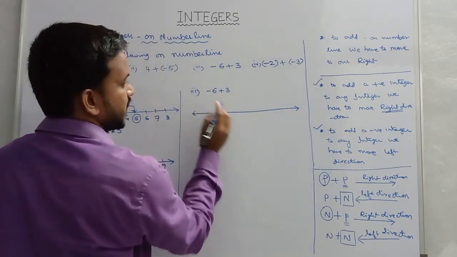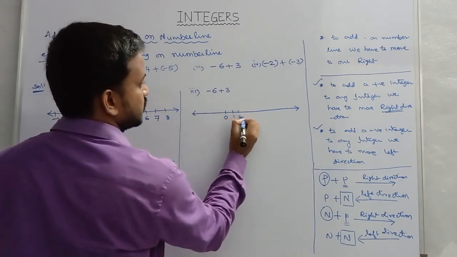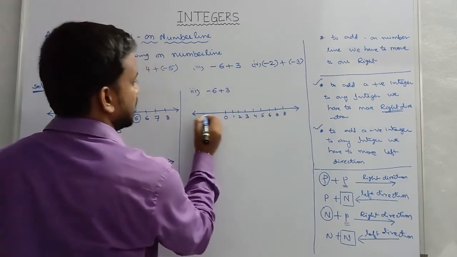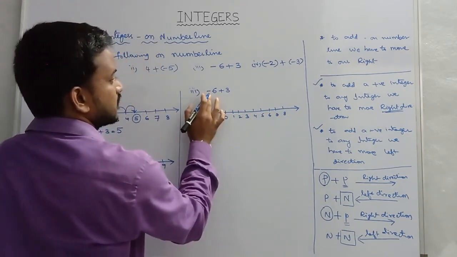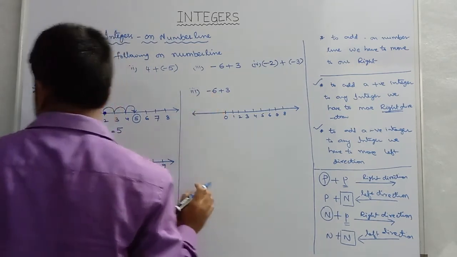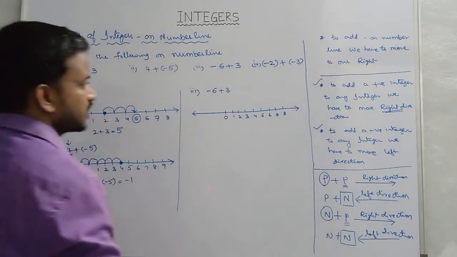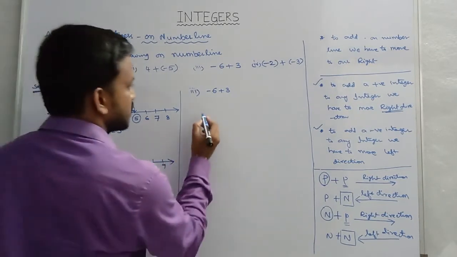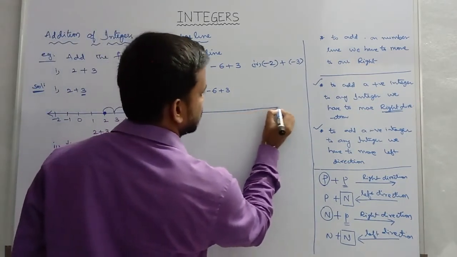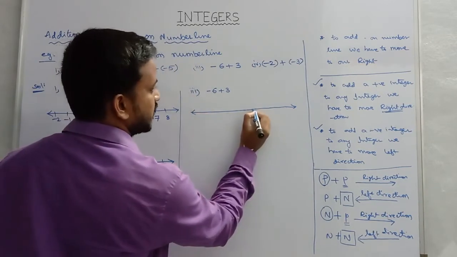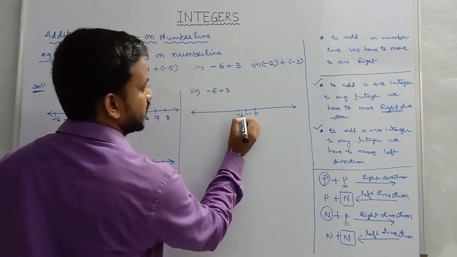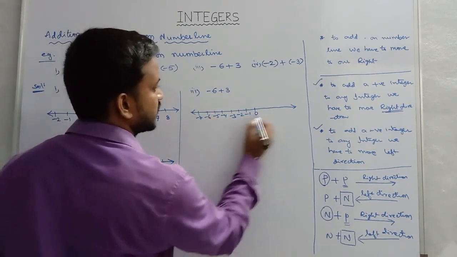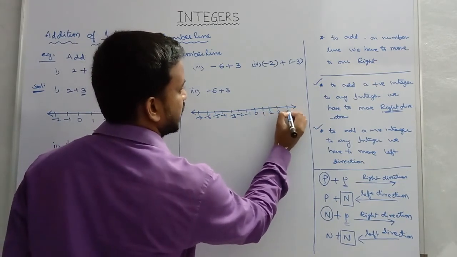So here what is the first integer? -6. So 0, 1, 2, 3, 4, 5, 6, 7, 8, and on the left side we have to identify -6, so that we will consider more negatives rather than positives. Okay. So I will place 0 here, -1, -2, -3, -4, -5, -6, -7 and here 1, 2, 3 and 4.